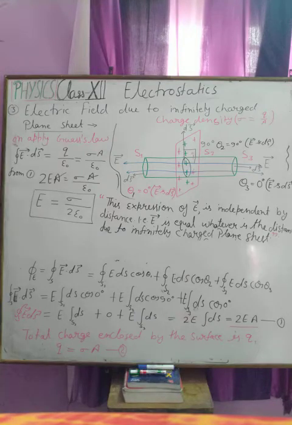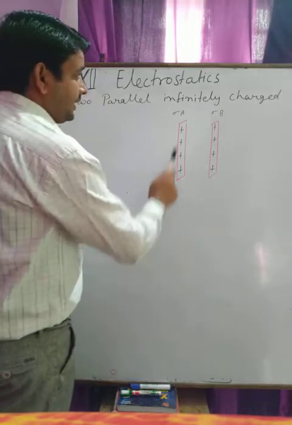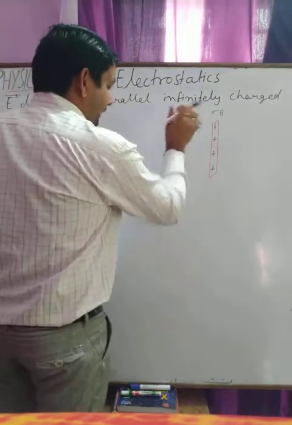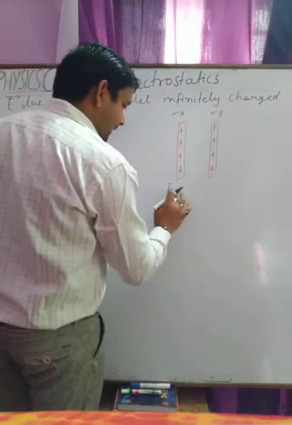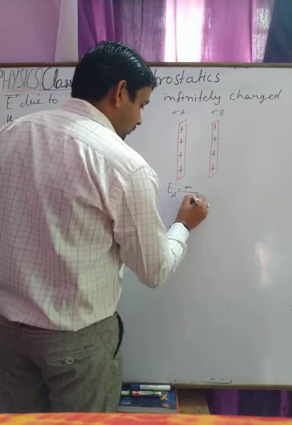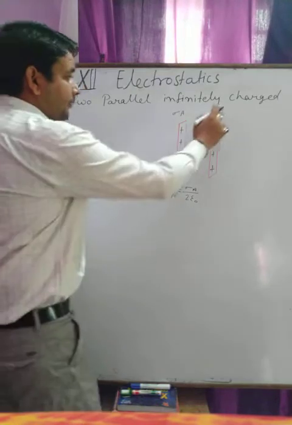Now we are taking some special cases for these, when we are using two seats in place of one seat. Okay, student. We have two charged plane seats, as we took earlier. We all know the electric field due to the first seat, E1, or we can call it plane seat A. EA is sigma A upon 2 epsilon naught, and the seat